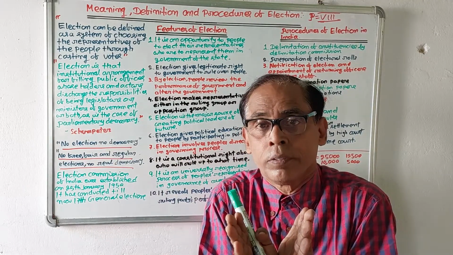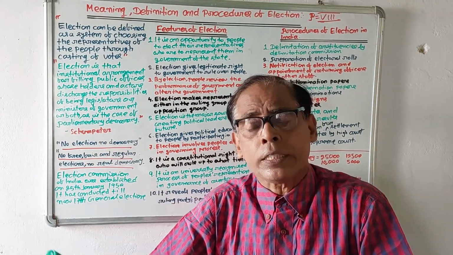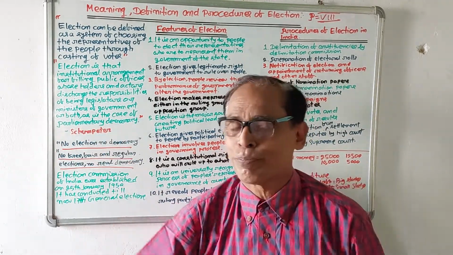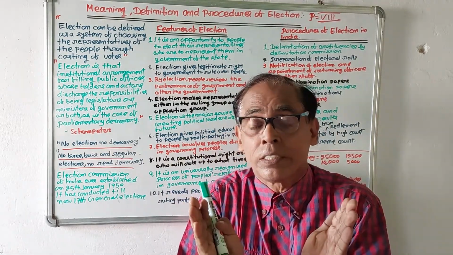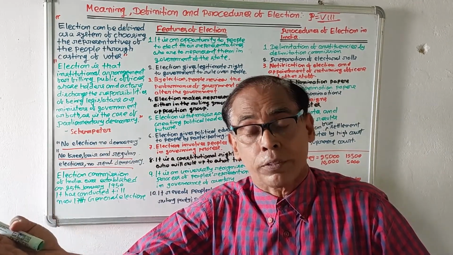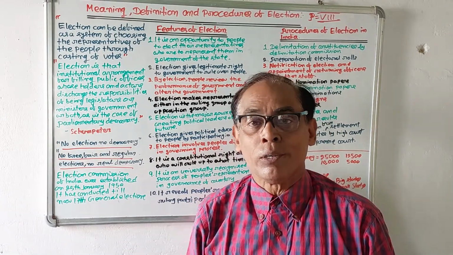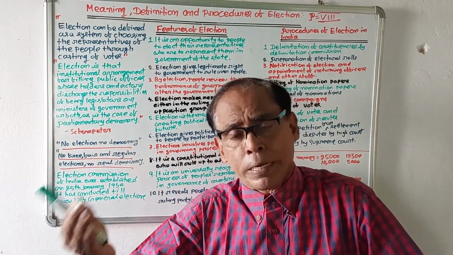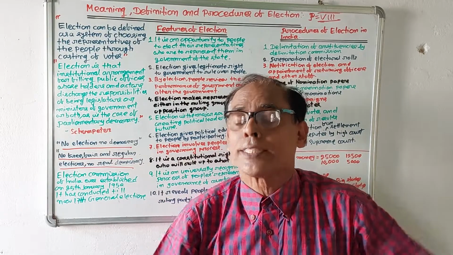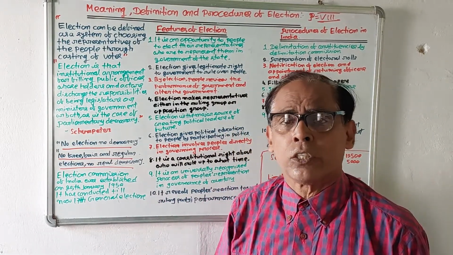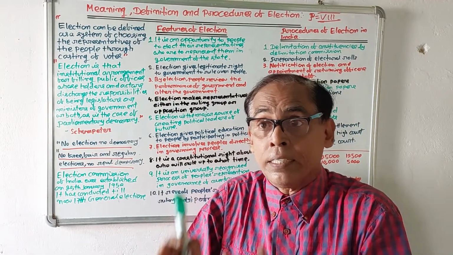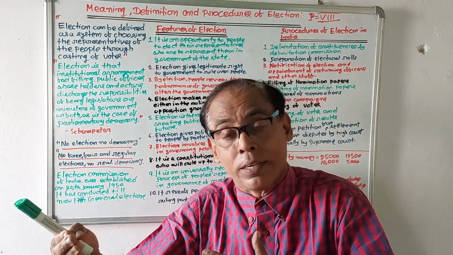Election means it is a system through which people choose their representatives by casting vote. Whenever people select or choose their representative by exercising vote, it is known as election. In this context, Professor Schumpeter has told, election means it is that type of institutional arrangement